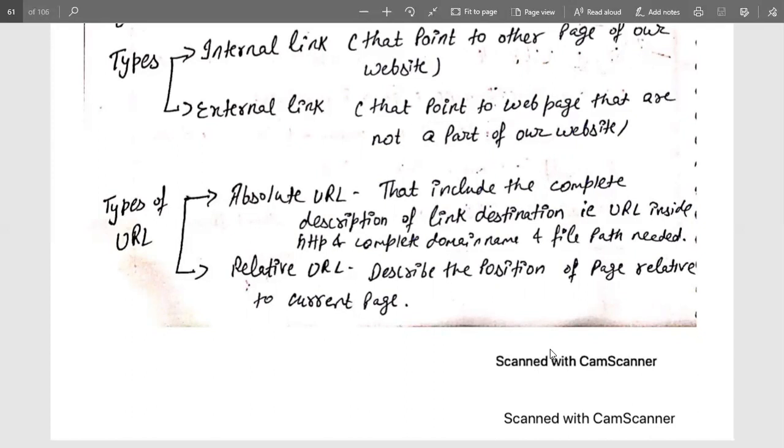So this is all about linking. I hope this is clear to all of you. The basic key points about linking are: what do we mean by linking? How can we create a link? Is it mandatory to insert text in comparison to anything else to add a link? There are some types of linking, internal and external linking. There are some types of URL that vary with the linking. So what are these types, absolute or relative URL?